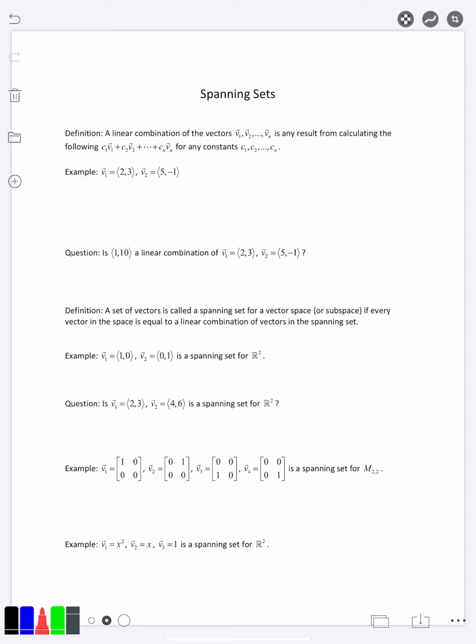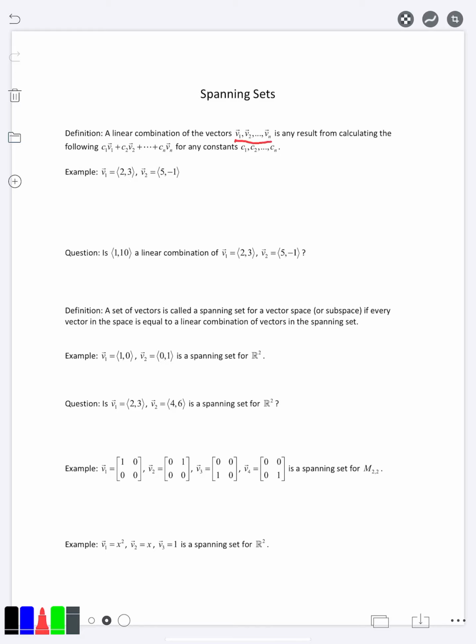In this video, we're going to learn about the concept of linear combination and spanning sets. What that is, is we are going to take vectors and combine them in a linear fashion. That's why we call it a linear combination. In particular, what we mean is that if you have some vectors, we'll call them v1 through vn,